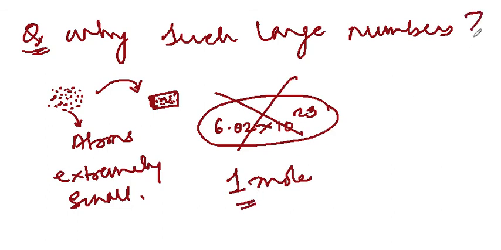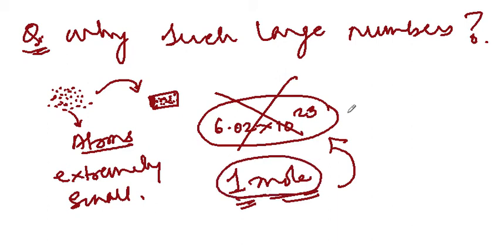So why are we using 1 mole for such higher numbers? Because we are going to deal with atoms, which are infinitely small. Because of their extremely small size, in any kind of object their numbers would be extremely high, in crores and crores. Since we are dealing with particles in such large numbers, it's advisable that we use the word mole instead of such big numbers. Okay, so now let's talk about